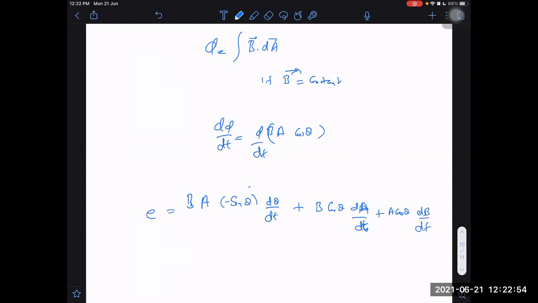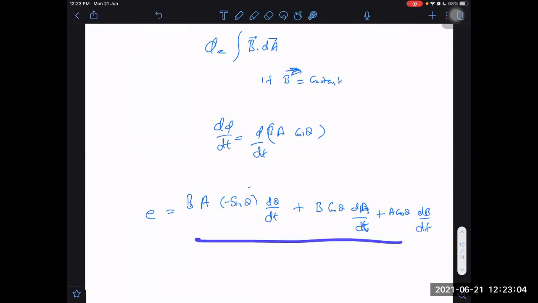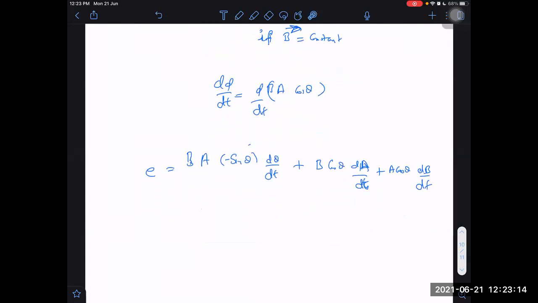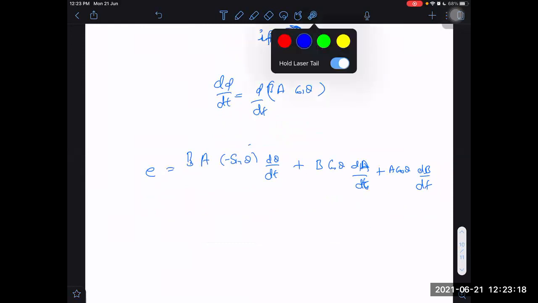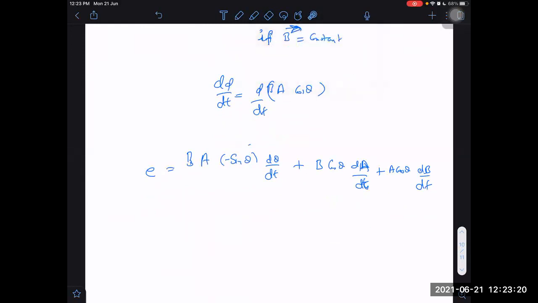This is equal to EMF. EMF has 3 terms. That too in which case? That too in a very simplified case, where B is constant. Then also it has these 3 terms involved. If it is not constant, the thing will be slightly more complicated. We have to first integrate, then only we can differentiate. Anyway, even in our simplified case, when there are 3 terms, don't worry and don't get scared. We will be discussing one term at a time: one term, second term, and third term.